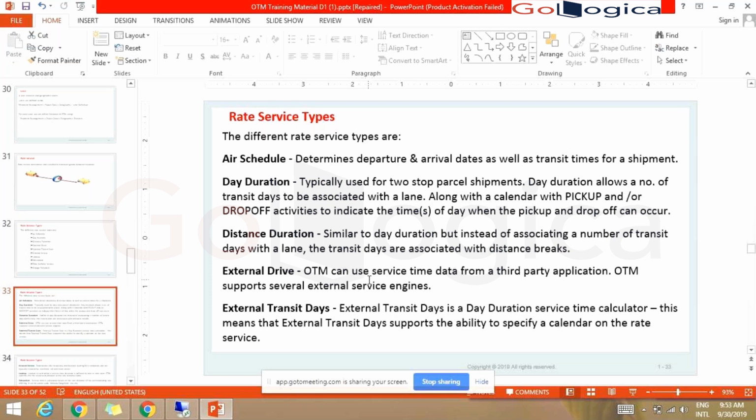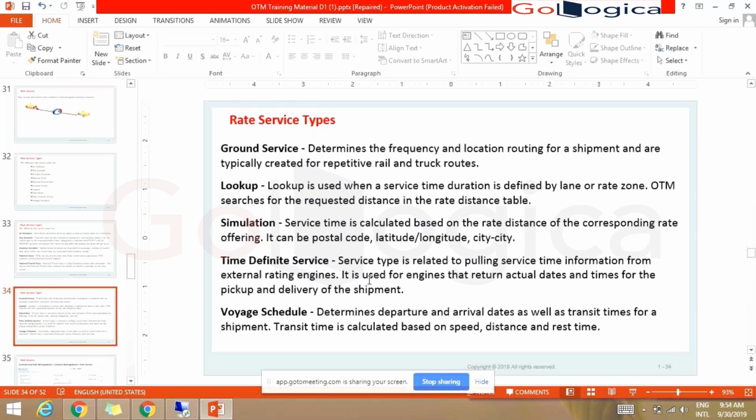More than 90% of the rates will be configured with the external drive, lookup or simulation. Even something you can see in your system as well. For the rest, you just need to have the idea of what it is and when to use it. Mostly you will not get a chance to use it.